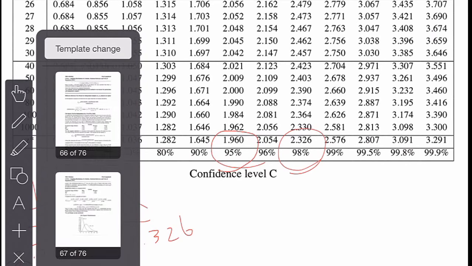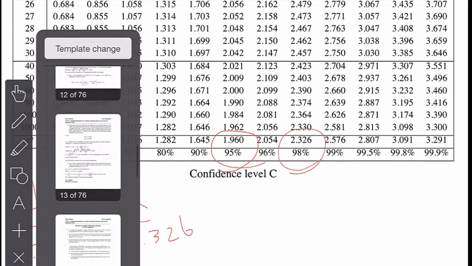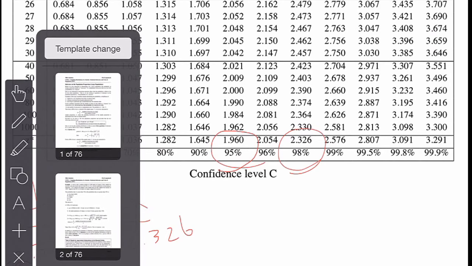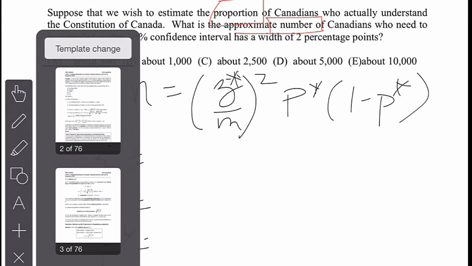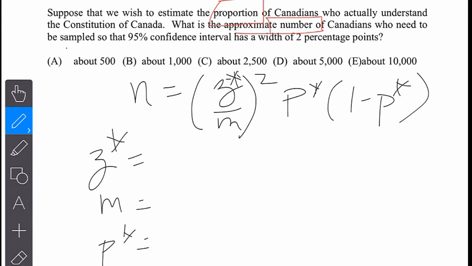Let's go back. Okay, so this is 1.96. What is M? M is the margin. But I didn't read anything about a margin, did I? It does say width of 2. So if the width is 2, then the margin